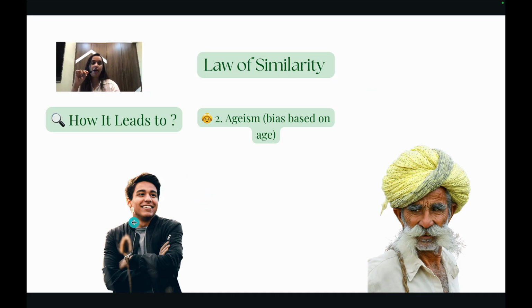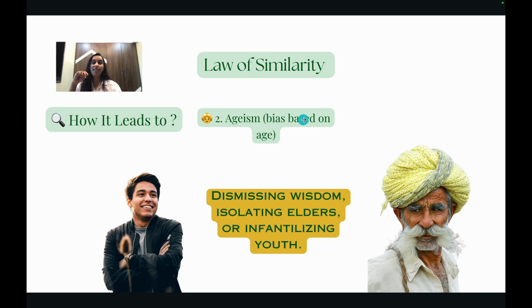When you see a young person, you think they are active, they're full of ideas, they are creative. But when you see an old person, you might perceive them as incapable, not able to take care, especially in an Indian culture. We think that our parents or old people are limited. They can't do things on their own. So what does it lead to? It leads us to dismiss their wisdom, that you don't know better than this. Like the world has changed. So we dismiss their wisdom.